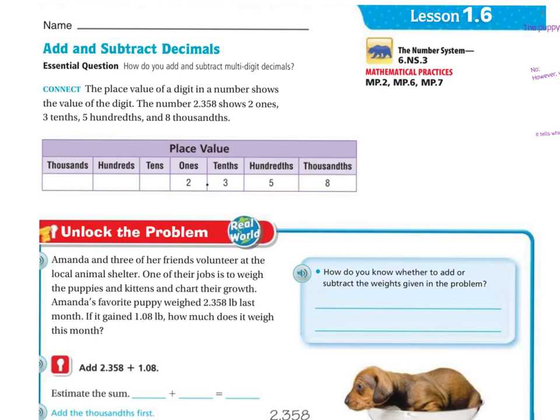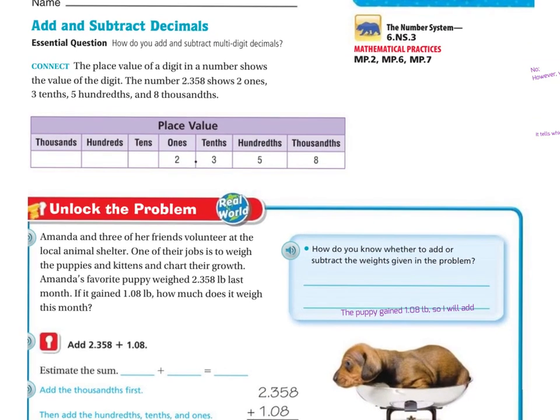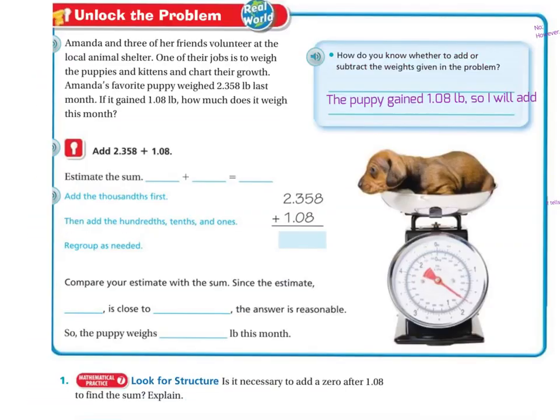Now the key is, first, to know how you know whether to add or subtract the weight in the given problem. Well, think about it. In the problem, it said that the puppy will gain weight. First, they want me to estimate the sum. So if I'm estimating the sum,